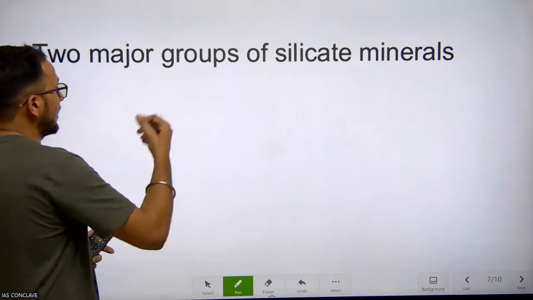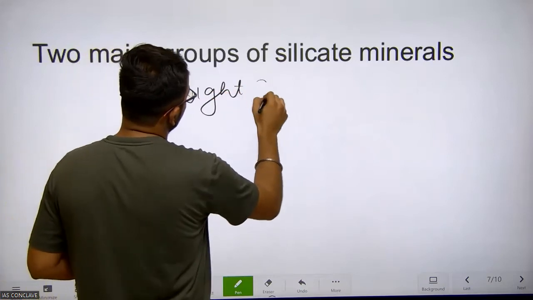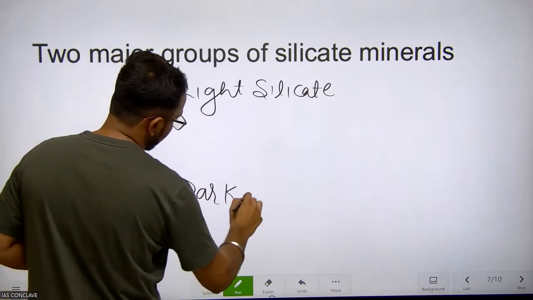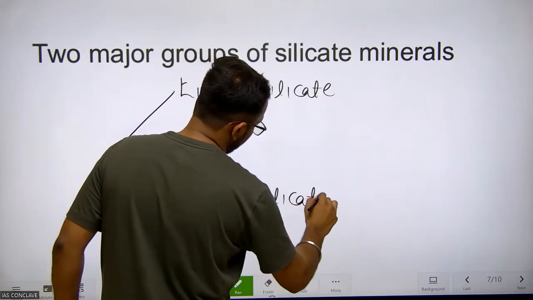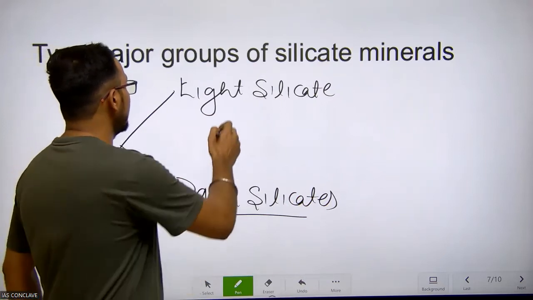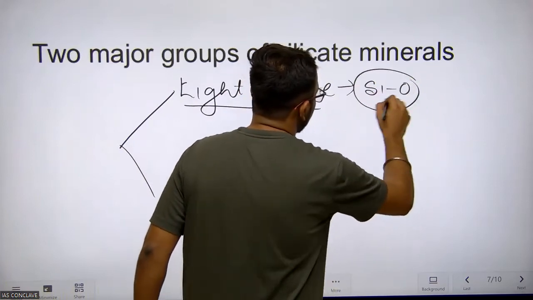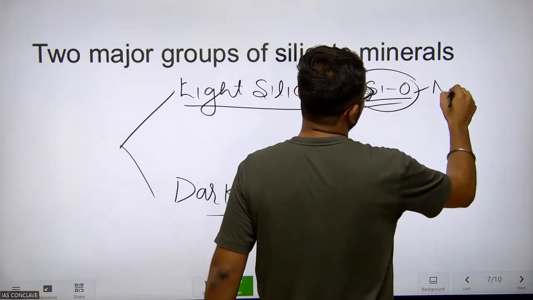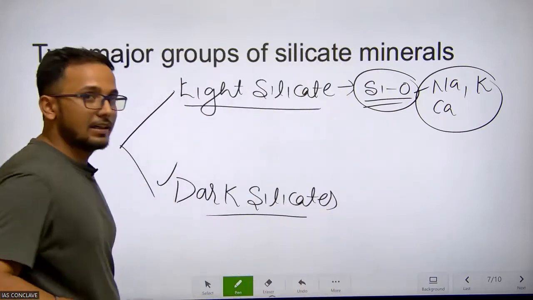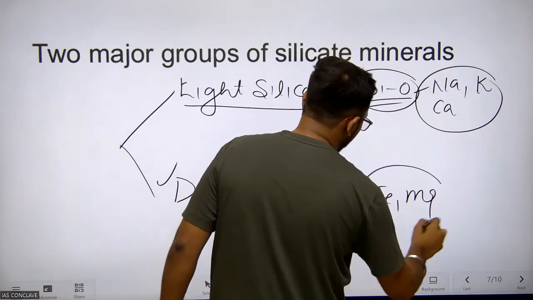Now look at the two major groups of silicate minerals based on the composition of the igneous rock: light silicate minerals and dark silicate minerals. These depend upon the composition of the minerals. Light silicate minerals have a higher silicon-oxygen ratio, and other elements like sodium, potassium, and calcium are found. In dark silicate minerals, iron and magnesium dominate,